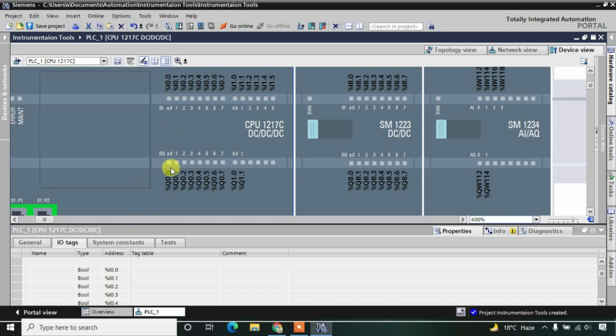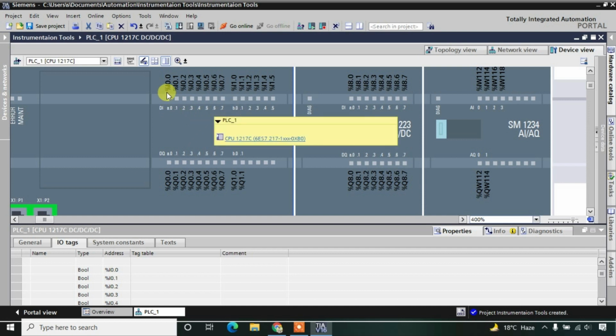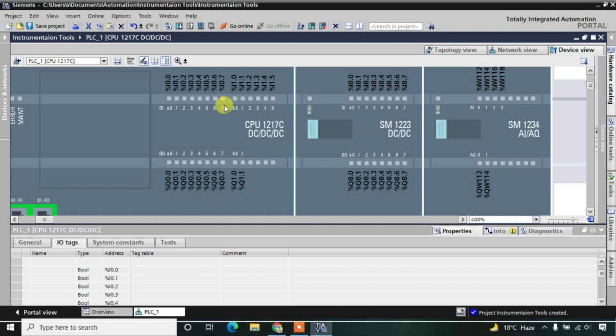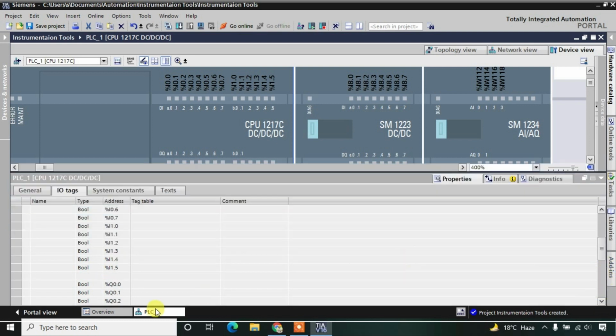Similarly, we have 0 to 7, that is 8, and again 0 to 5, that means 6. So how many inputs are available in total? 14 inputs. This CPU supports 14 digital inputs, and these are the addresses.